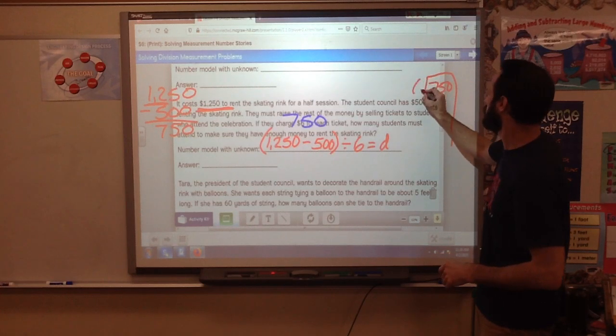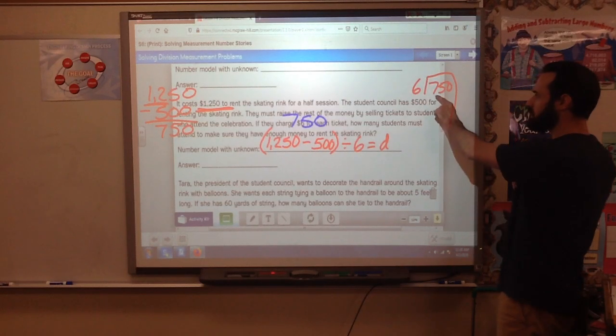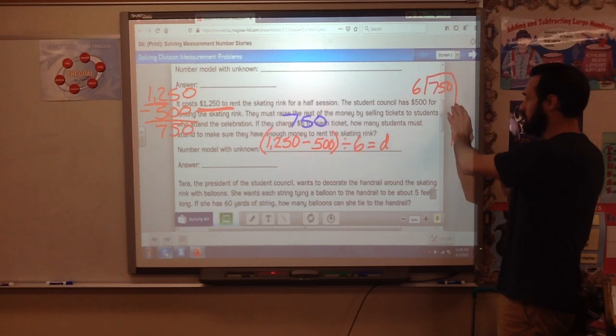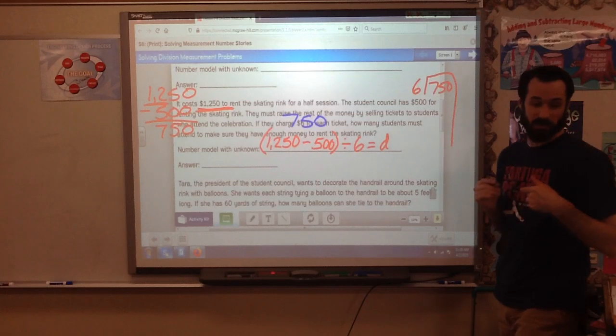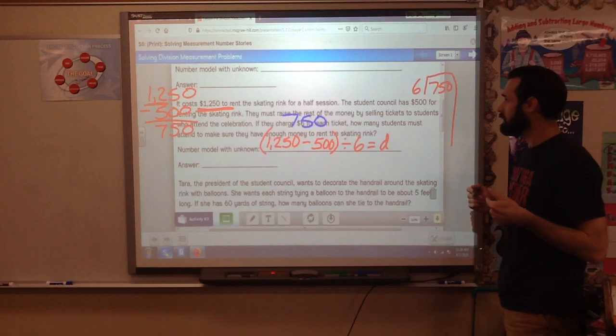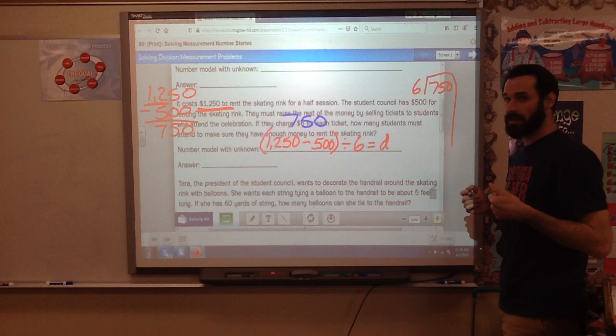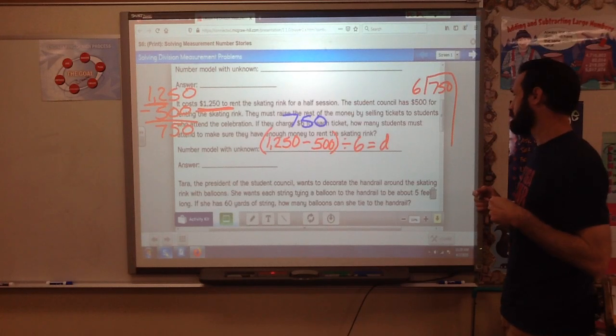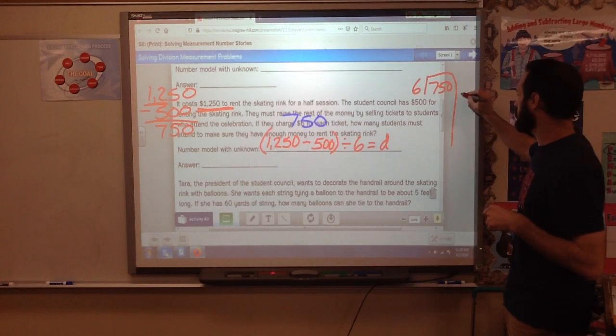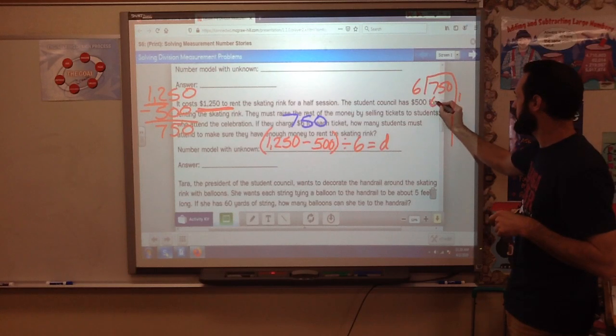$750 divided by 6. And again, just look at your hundreds place. And what you're doing is you're thinking, how many 6s can go into 7 without going over? Try that step right now on your own. Hit pause and try. Okay, I know that 6 times 1 is 6, so I can put a 6 right